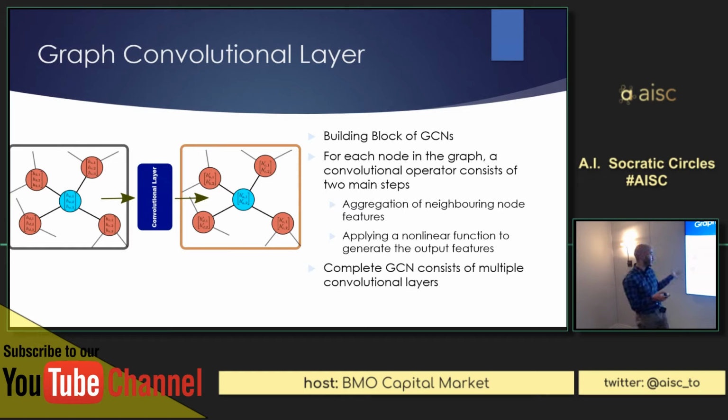For example, here the input has 3-dimensional feature vectors, and here they have 2-dimensional feature vectors. So a convolution operator consists of mainly two steps. One is an aggregation step: how do you combine or weight the neighboring nodes together and bring them in to compute the next hidden state? And the other one is you need to apply